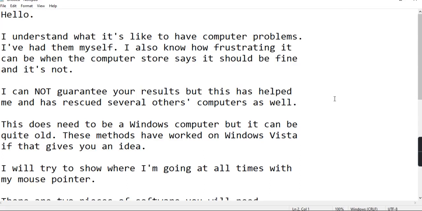Hello. I understand what it's like to have computer problems. I've had them myself. I also know how frustrating it can be when the computer store says it should be fine and it's not. I cannot guarantee your results, but this has helped me and has rescued several others' computers